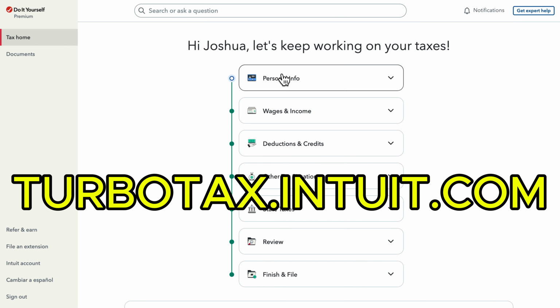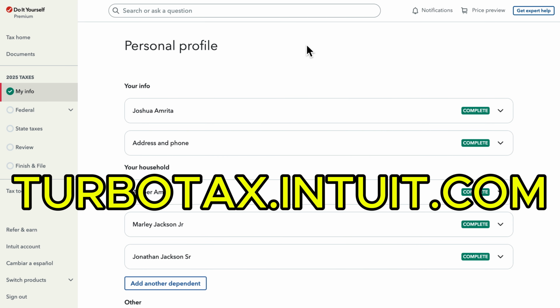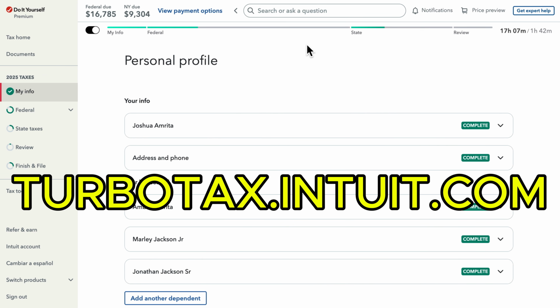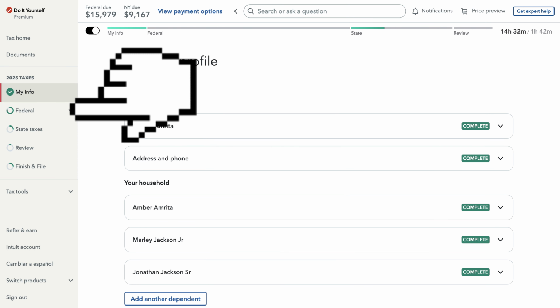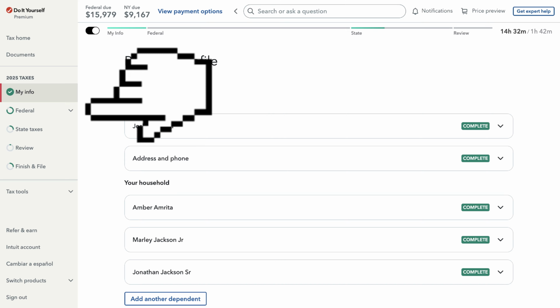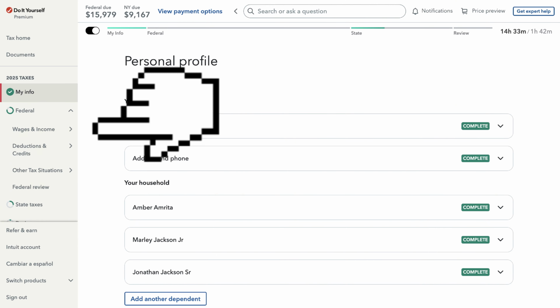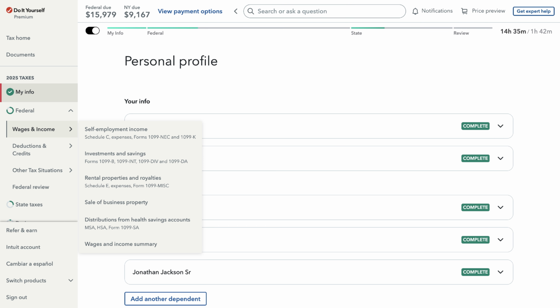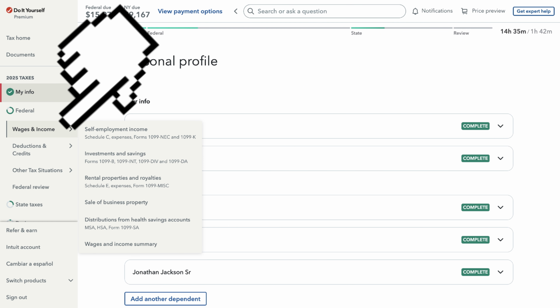After you sign in to your TurboTax account under turbotax.intuit.com, you want to click on this Federal button at the left side of your screen. Then click on the Wages and Income button just below it, which will open up these selections, and hover your mouse